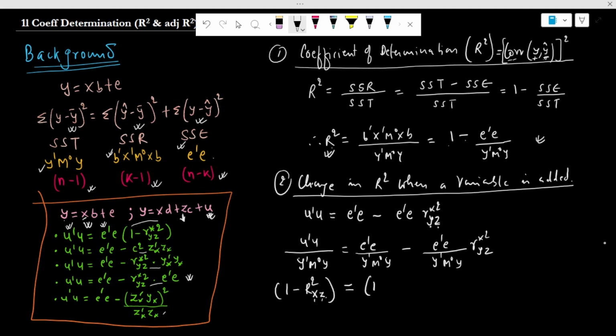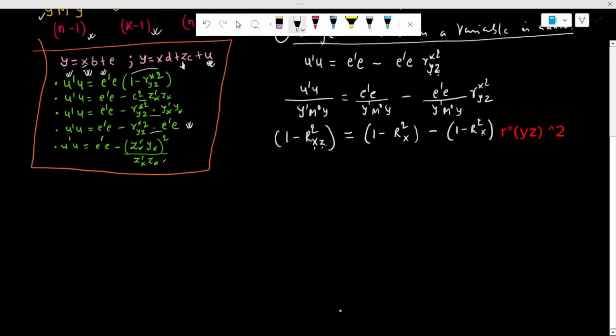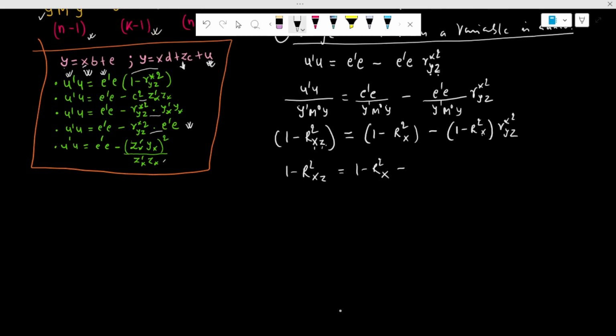Similarly, this expression is equal to 1 minus R square, that is the coefficient of determination when we have only x as the independent variable, minus again we have 1 minus E transpose E divided by Y transpose M0 Y. If we operate this relationship, we get 1 minus R square, where x is the independent variable. So let us operate it, and here we need to write minus. On both the sides, plus 1 cancels out. Let us take minus common from both the sides and cancel it. We are left with